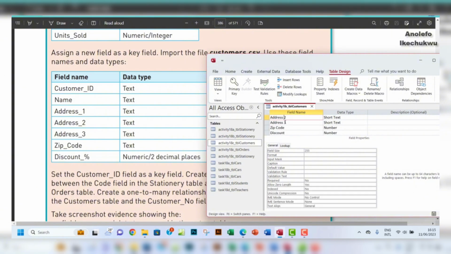And then I have, did it apply? Okay, yeah, address underscore 2, so text, and then I have address underscore 3, yeah, zip code, zip underscore code, and then I have a discount underscore percentage, right? So the zip code has to be text too, so I will leave it as short text, and then the discount